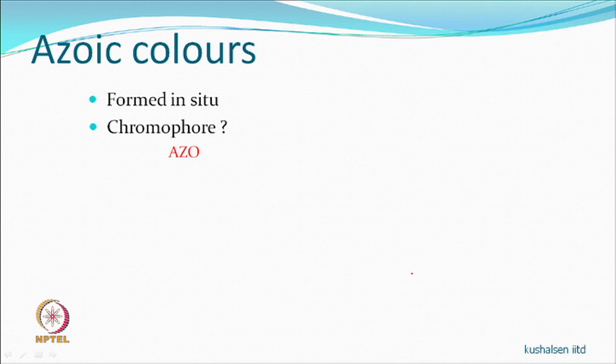So what kind of naphthol do you want? But this is a very interesting thing to learn and see, that the same naphthol can give different colors with different bases, and the same base can give different colors with different naphthols. One of the easiest ways to synthesize a molecule is the azo group synthesis, which is easy. But how do we print? If you remember dyeing, what were you doing in dyeing?